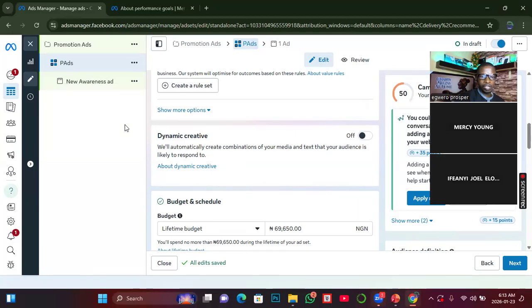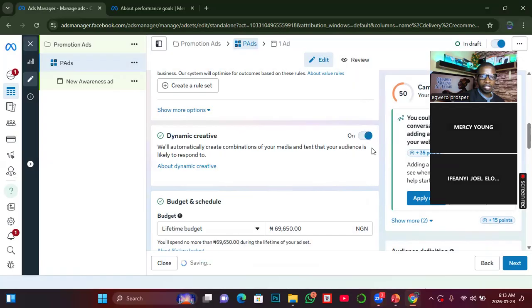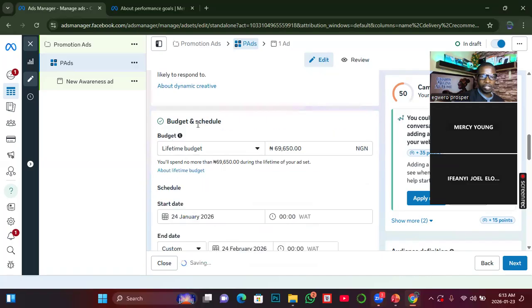Today you can show them this one, tomorrow you can show them another one. So some persons can own it. And then how to create an ad using dynamic, you click on this. Then once you are on it, just know that that is going to take place. But if you do not want it, you turn it off. Now, your budget and schedule. This is where, is it lifetime budget or is it daily budget? If it's lifetime budget, that means that customer